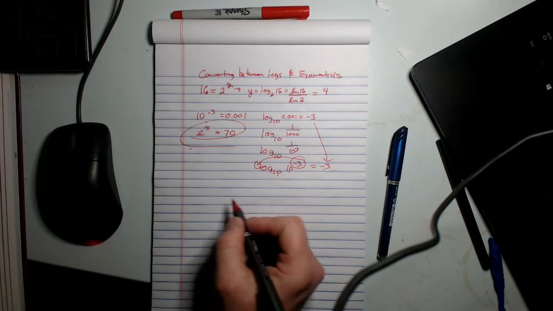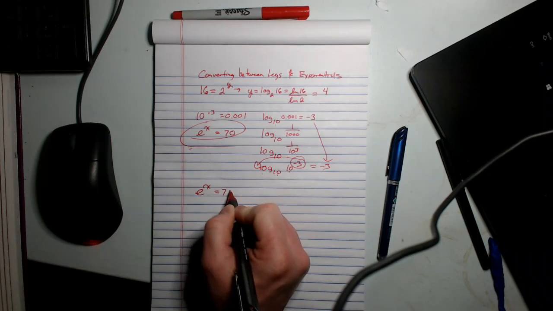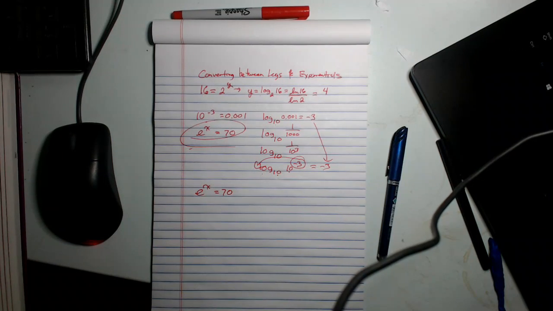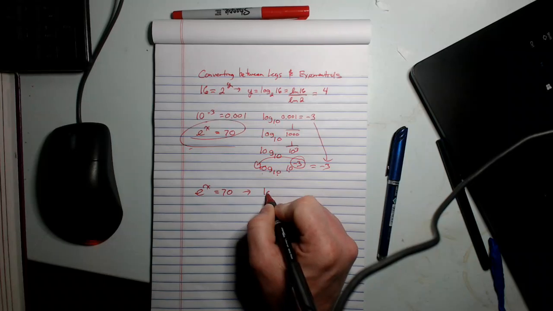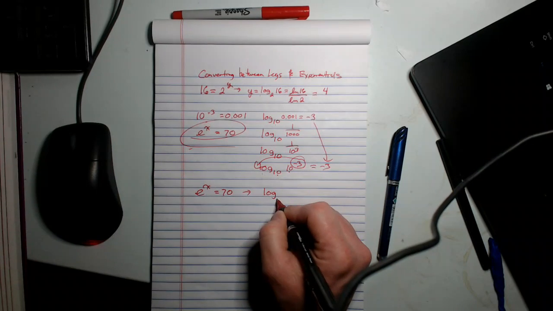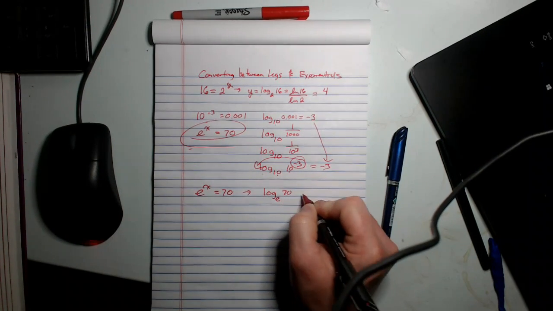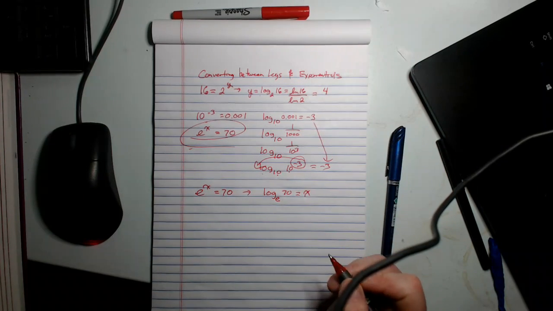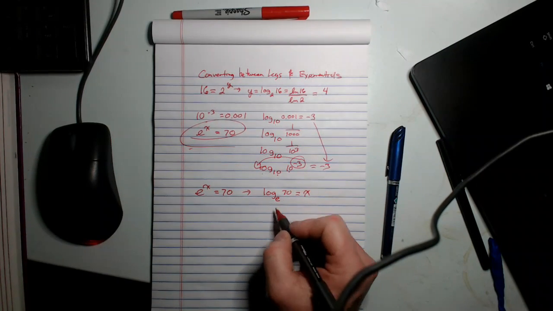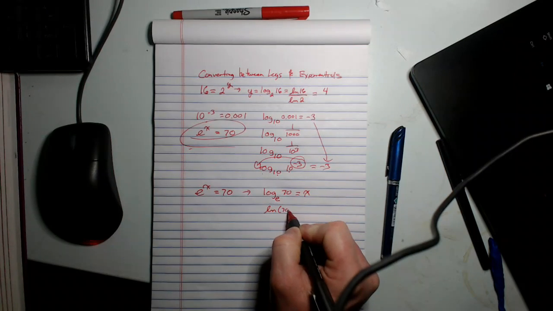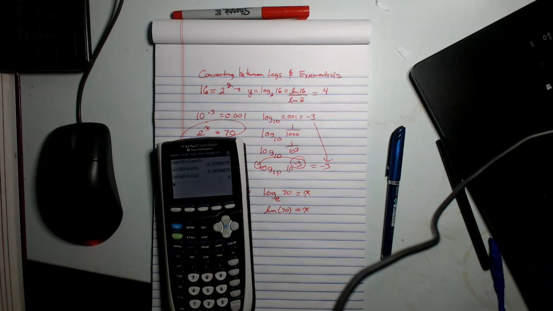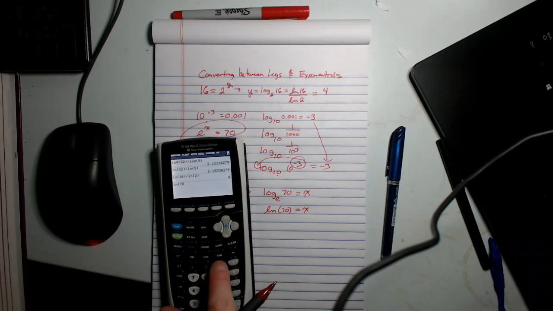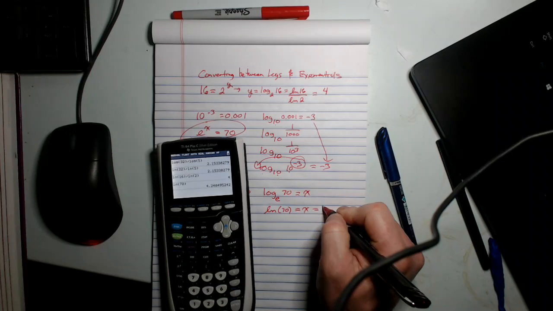Now this one here where we've got e to the x is equal to 70. This is a very common one when we want to try to solve. What we have to do is change it into logarithmic form. So this becomes log base e of 70 is equal to x. Now, log base e, we know, is the natural log. So all this really is a calculator problem where we're going to type in the natural log of 70 and we get our answer of